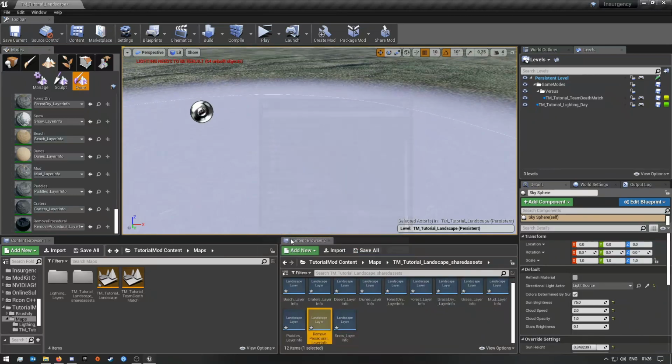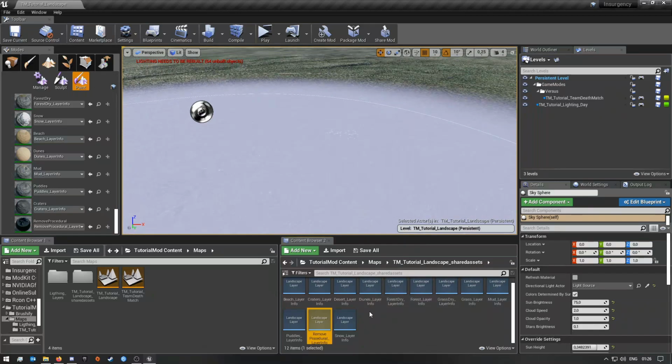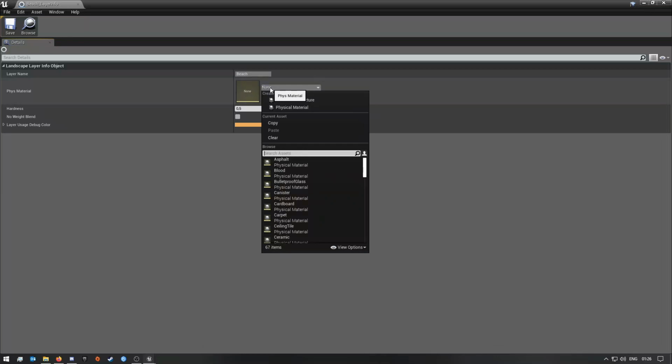Okay, so once you have done the last one, you have all of your info layers now all set up. Now all I'm gonna do is quickly go through beach. So over here you want to go through all of them and set the physics material for that material. The physics material is basically when you shoot it or walk on it, it makes a sound, or it makes a certain physics or dust or whatever. So for sand or for beach, I'm just gonna set it to sand,